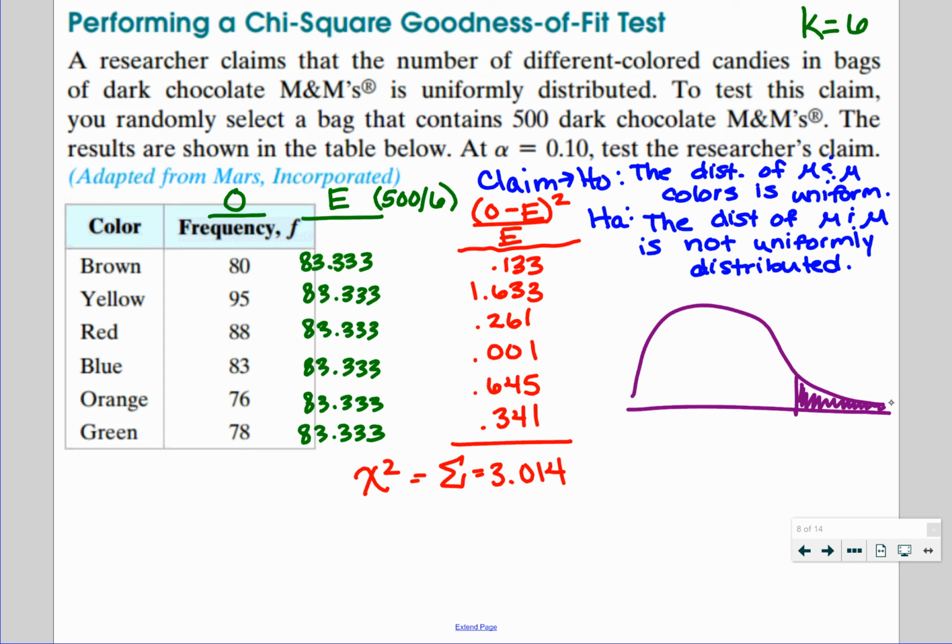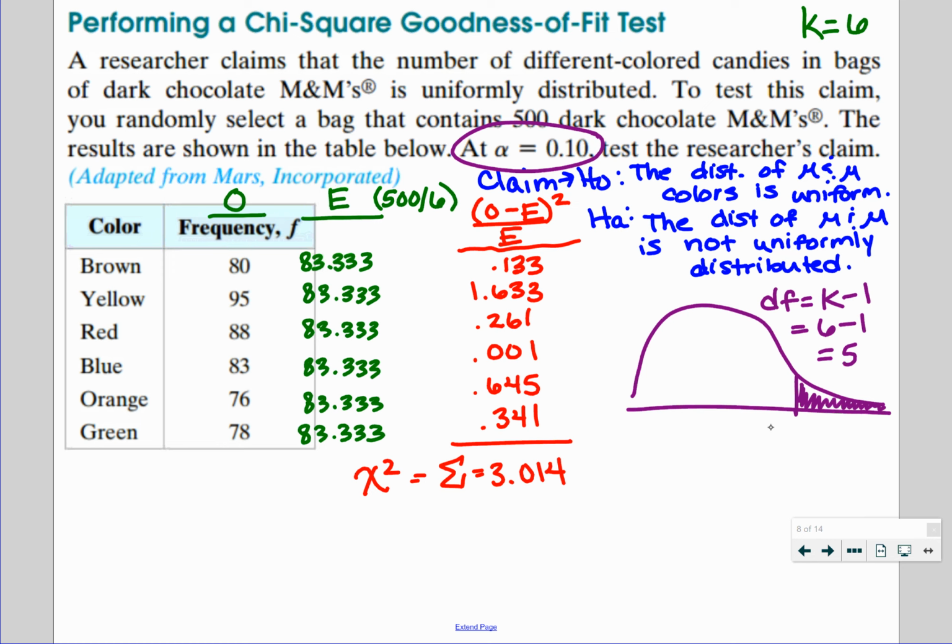Our level of significance here was a 0.1. So we're using that. Our degrees of freedom is always k minus 1. And k here we said was 6. So 6 minus 1 is 5. So that's how we know what to look for on our chart. So we're going to find 5 on the side. We're going to go over to 0.1. And we get